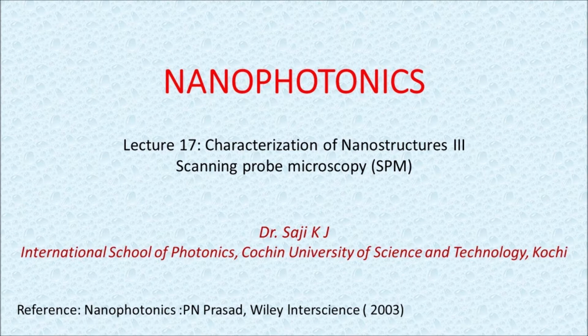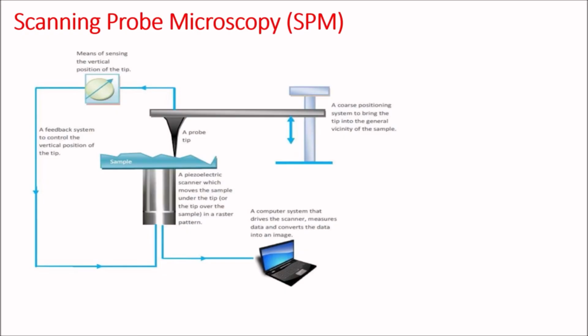In addition to visualizing nanoscale structures, some kinds of scanning probe microscopes can be used to manipulate individual atoms and move them to make specific patterns. And these details are going to be discussed in this class. The scanning probe microscopes, or SPM, are a family of instruments used for studying surface properties of materials from the atomic to micron level. All SPMs contain the components illustrated in this figure.